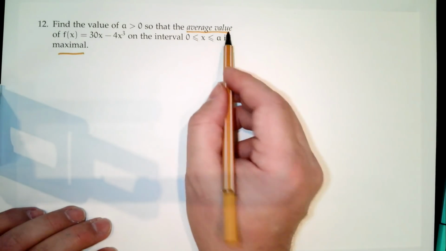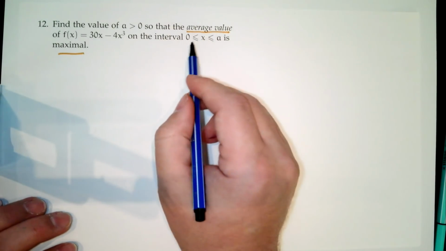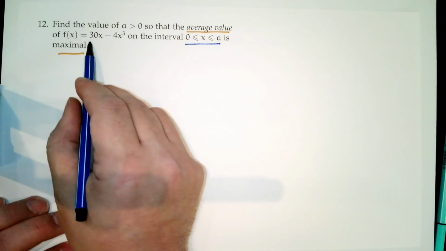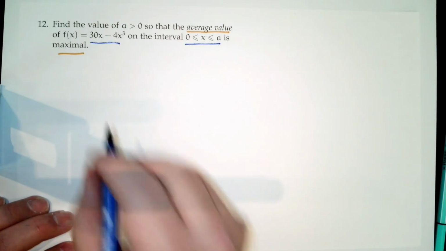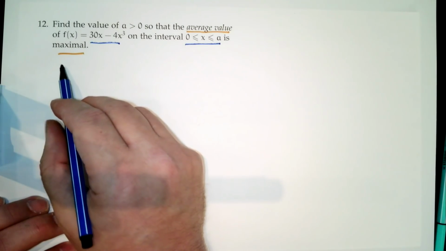Well, we're trying to optimize average value because it says we want to make the average value maximal. So what we need to do is start figuring out what is the average value. So we're between 0 and a, and we have our function. So to find the average value, we can have that the average value,